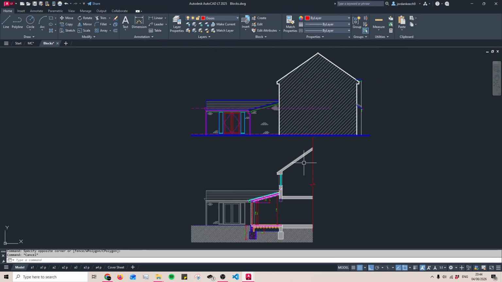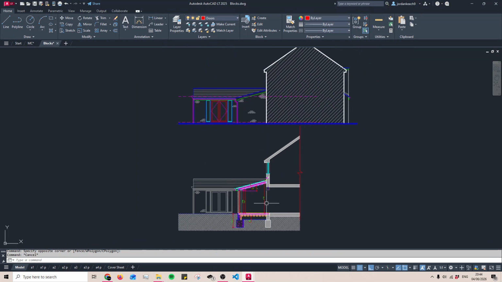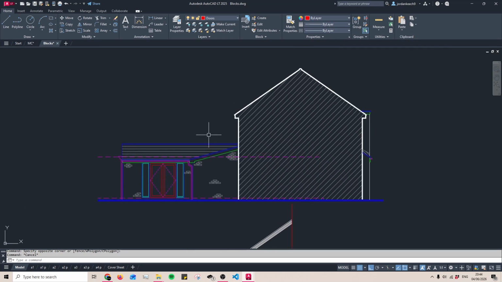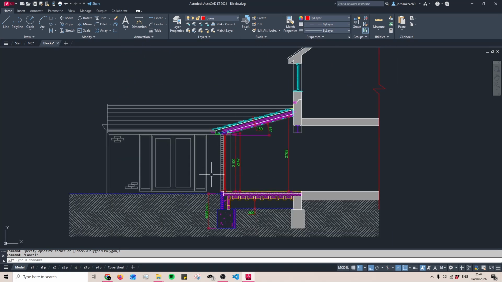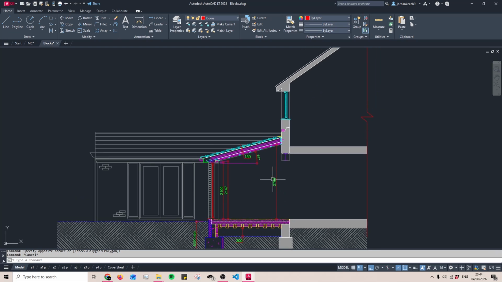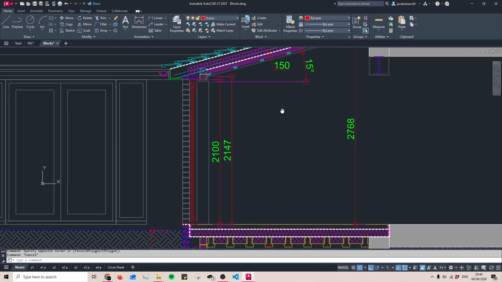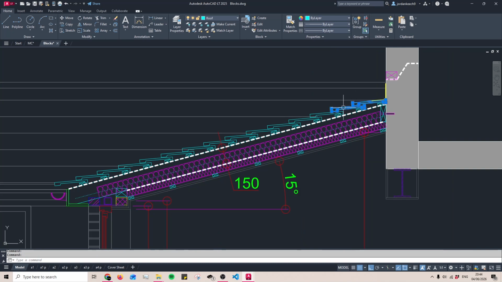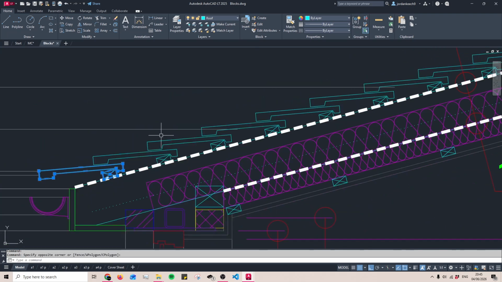In today's video, I'm going to be showing you how to create multiple copies of something very quickly. This right here is a side elevation of an extension, and this is a section of that elevation, which is just a cut straight through it, showing everything that's inside. And what I'm going to be showing you today is with these tiles on the top here. Because there's multiple of them, rather than very slowly copying and pasting them multiple times, I'm going to show you